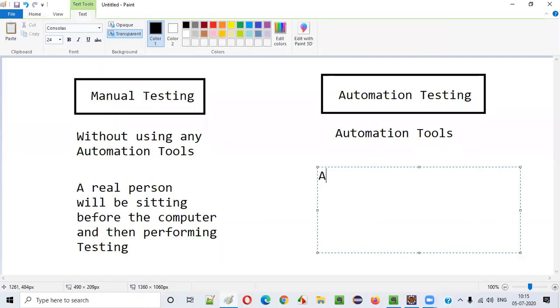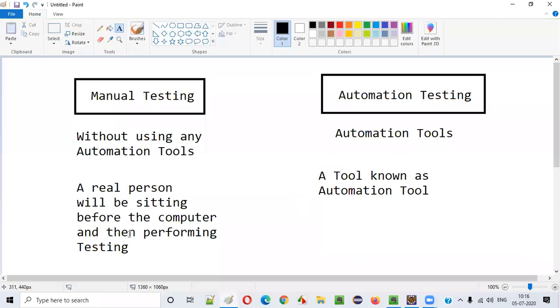Here, a tool known as an automation tool will be performing testing on behalf of the person. Instead of the person sitting before the computer, a tool will be performing testing on behalf of the person.